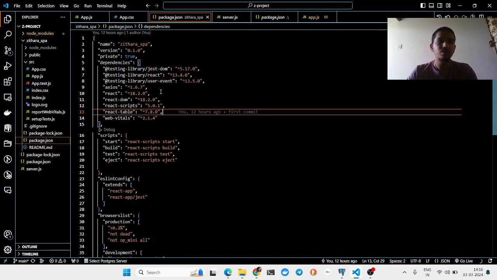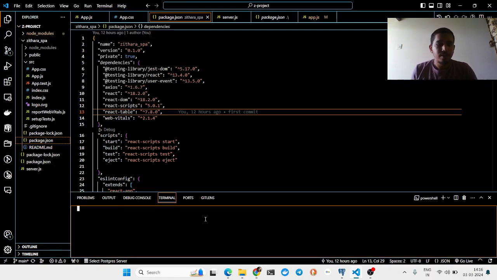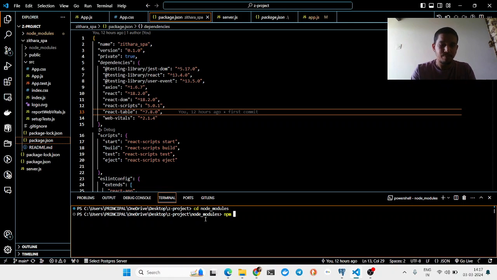And when we come to the deployment of this, we just go to the node terminal, and after getting into the new terminal, just navigate to the backend part first. That is cd space node modules. After navigating there, we just run npm start. Now here the server is running on port 3000. You can see this basically here